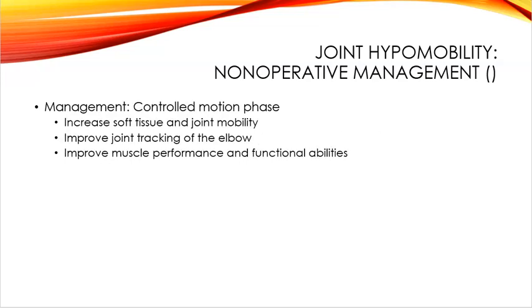For the controlled motion phase, for joint hypomobility, if hypomobility exists, range of motion is increased by utilizing joint mobilization techniques, which would be performed by the PT because it's increasing the range of motion. But you as the PTA can perform passive stretching, muscle inhibition techniques, and you could also improve soft tissue and joint mobility by